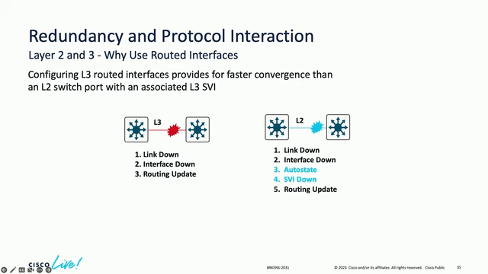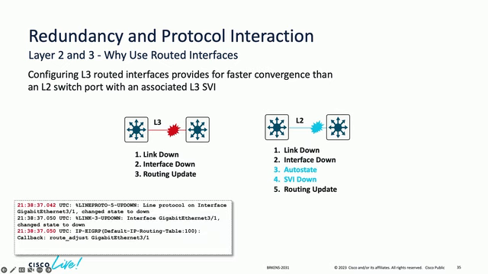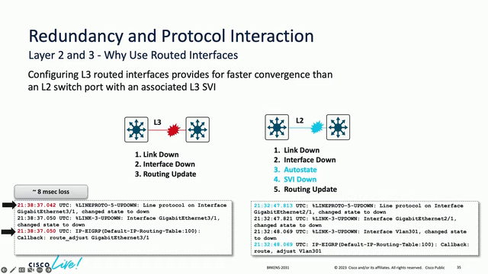However, there is one thing that we should keep in mind. If we follow the first method, and we look into the logs and measure the time from the interface status change till the moment the routing updates are triggered, it is going to be around 8 milliseconds. However, if we build our L3 adjacency in the second way by leveraging SVIs,